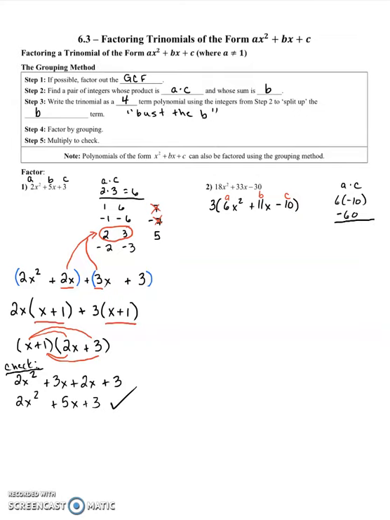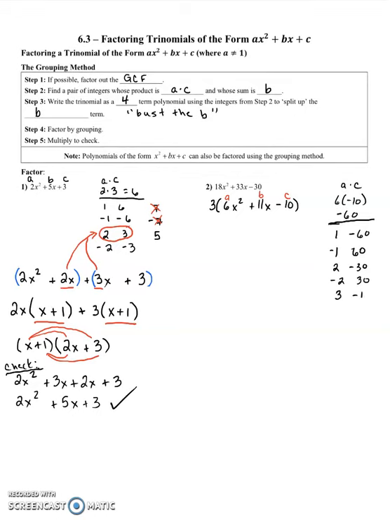So we need everything that multiplies to give us negative 60. So that's either positive 1 and negative 60, negative 1 and positive 60, 2 and negative 30, or negative 2 and positive 30,